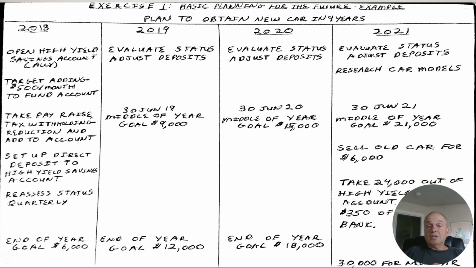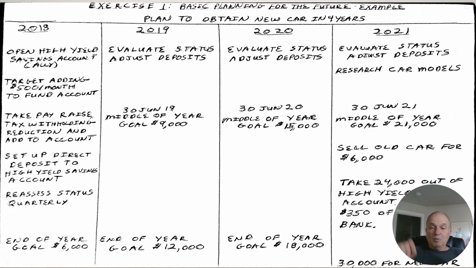And then in the last year, I'm going to sell my old car, and we'll probably get 6,000 for it. And then I will roll everything out, and what I've got, I'll put in. Now, this exact example I will actually post here on the web, so you can take it and look at it. But again, the power of this is knowing where you want to go, how long it's going to be until you get there, and then what steps you need to take.